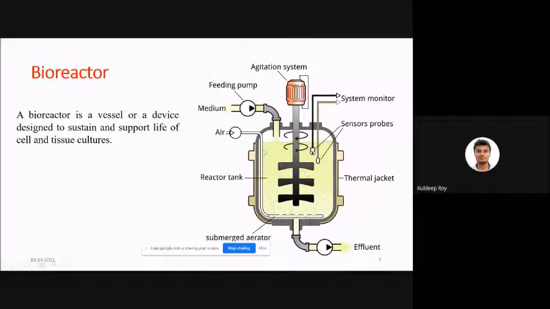Now you can see here, this is a batch type of reactor, because there are different types of batch reactor. We are assuming this is a batch reactor. Then what you will do, you will feed your liquid sample at a time, and this is the air. Now you can see this air you will sparge.